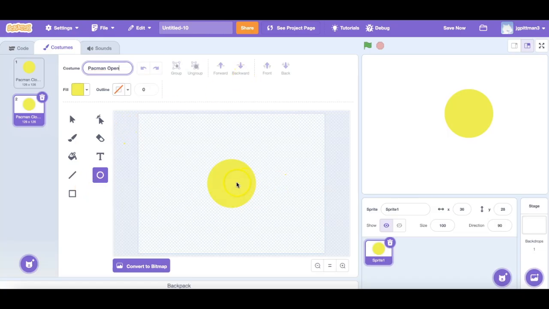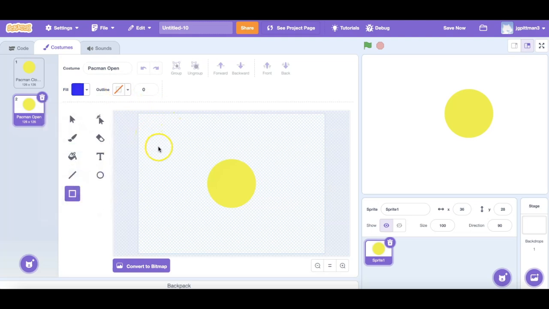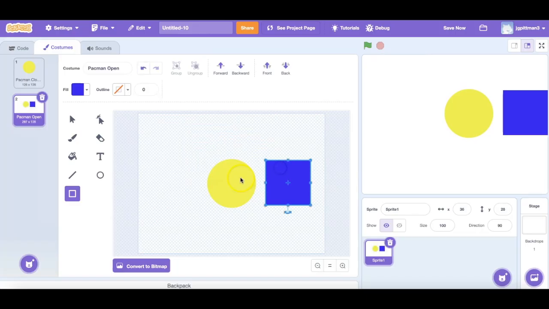And so to make the open mouth look for this Pac-Man, I'm going to click on the rectangle there, the square, and choose a color. You can just pick any random color. Don't need to worry about the outline. And I'm going to hold the shift key down again. And I'm going to make this about the same size as my circle. And then I'm going to just click and move this over to the right side of my circle,